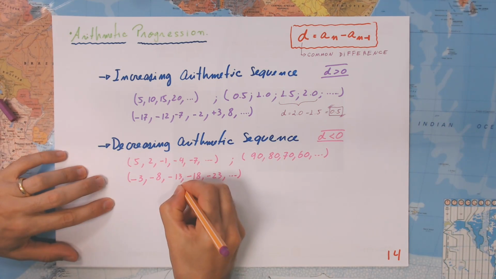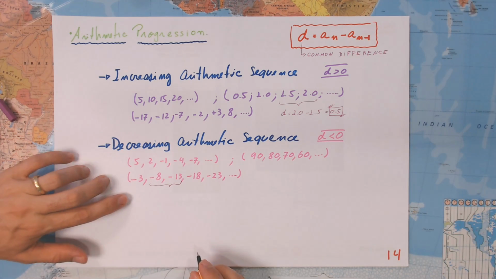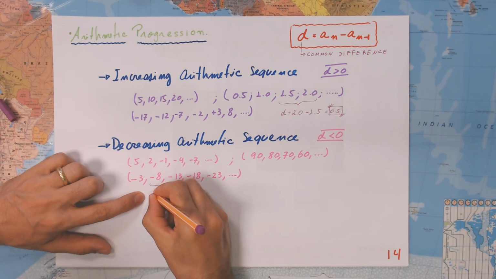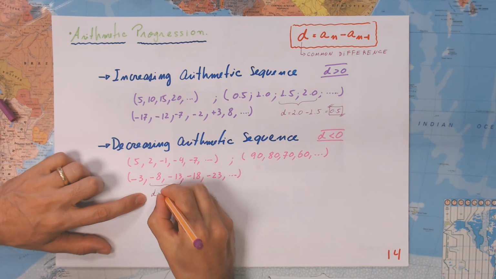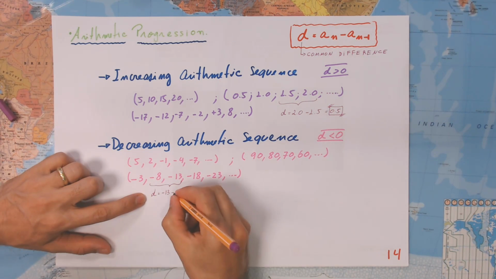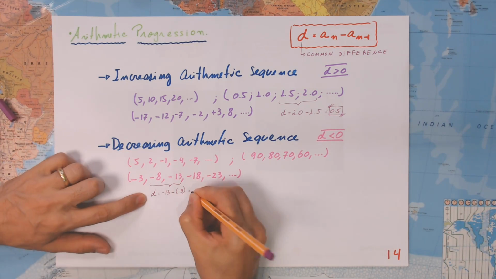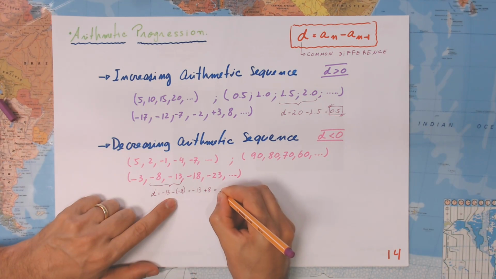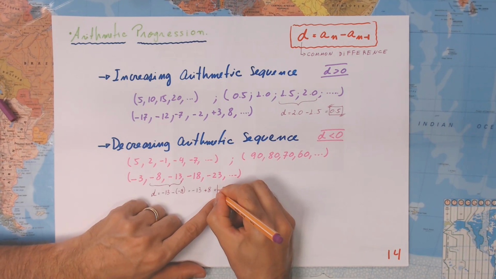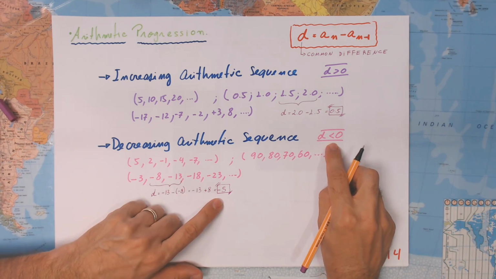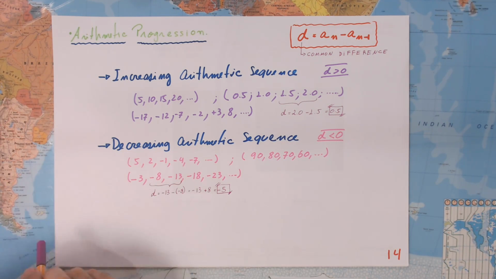So in this case, let's take any arbitrary number. D is going to be minus 13 minus the previous term, minus 8. And this is going to be minus 13 plus 8, which is minus 5. So minus 5, because it is less than 0, we are going to say it is a decreasing arithmetic sequence. And of course, we can also have